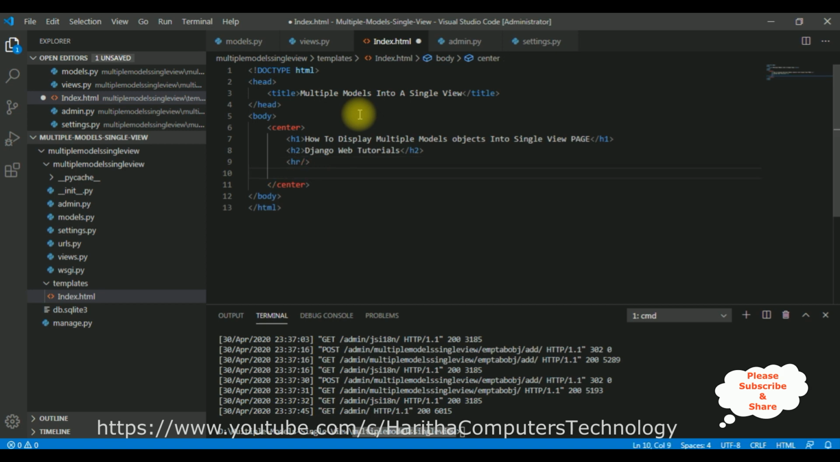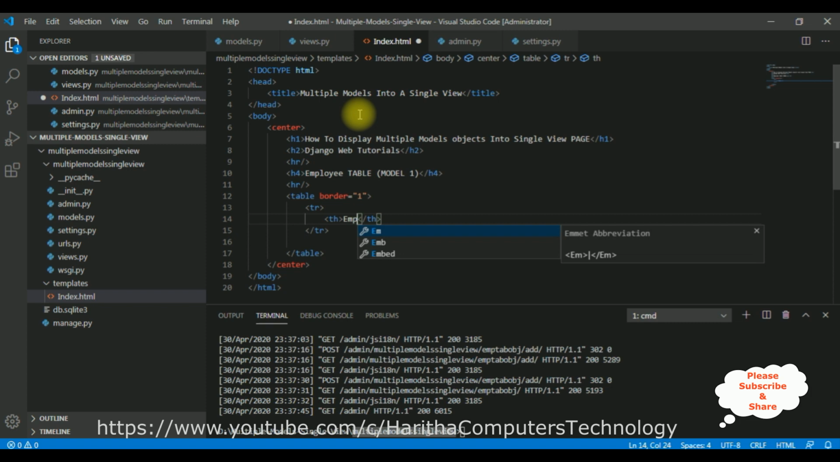Now after the horizontal line, I'm adding the h4 tag, which is the employee table, the first model, model 1, and a horizontal line. Let's create a table with a border equal to 1. Now this table contains the table headers. Let's add that one, table header, employee ID,